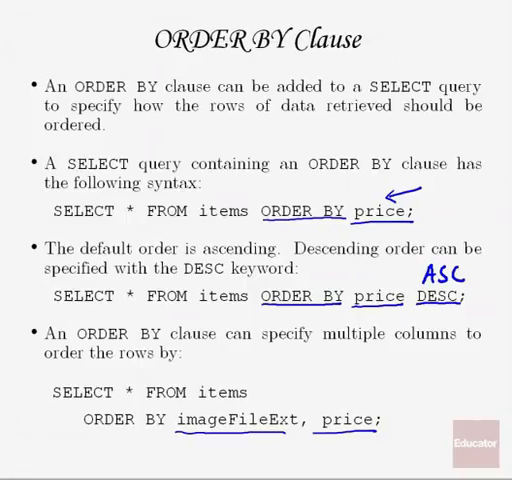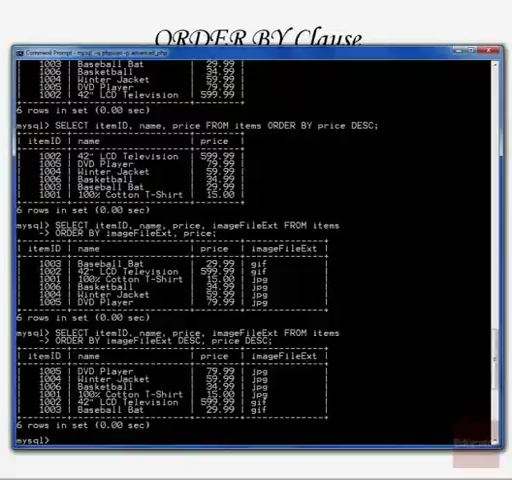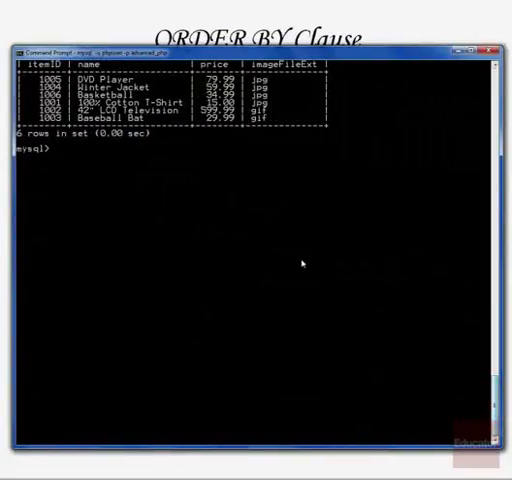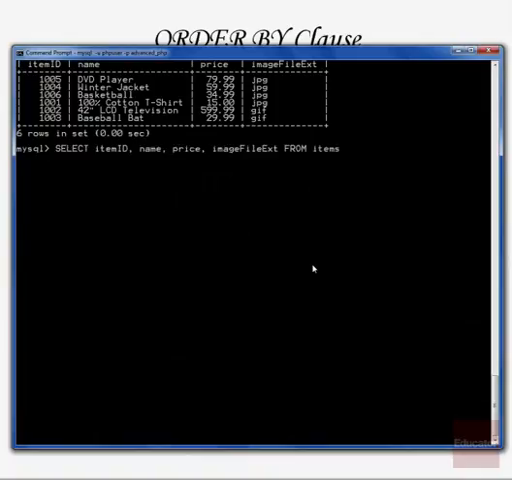So basically, we have a way to select columns from rows in a table. We have a way to specify what rows we want from a table, and then we have a way to specify the order. So we can put this all together by using select queries that have both where and order by clauses. So let's say we want the item ID, the name, the price, and image file extension from items,